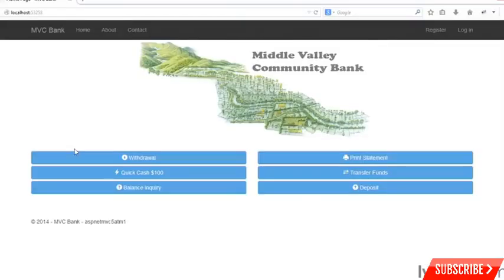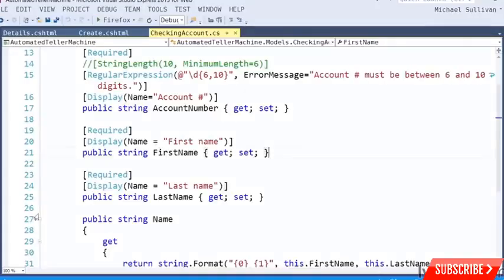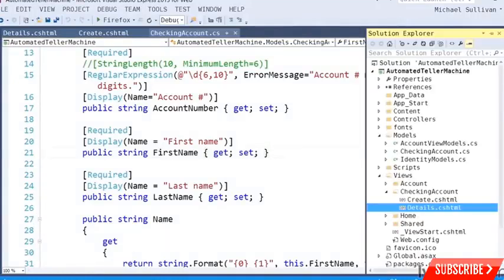One thing you may have noticed already is that in the main navbar in our application, we have register and login links. The register page shows us a form with email, password, and confirm password fields. And through the magic of Entity Framework, submitting this form will actually create a new database and insert a new user record. We'll be talking about how all that works in the next video, but for now, I want to take a closer look at the register view behind this page